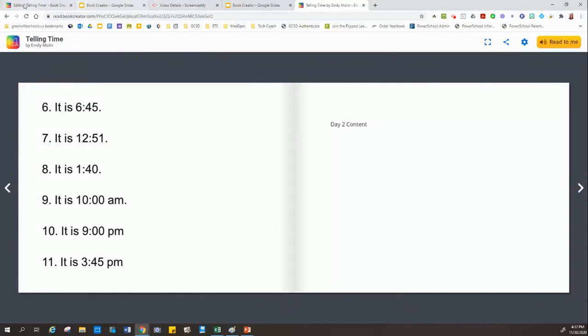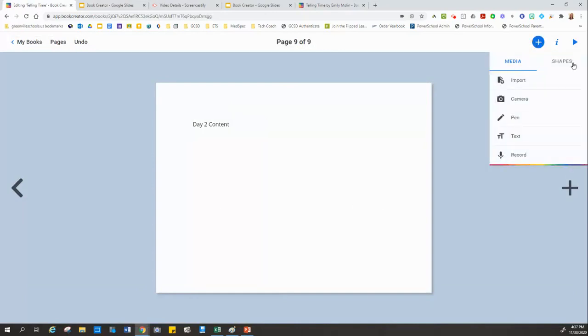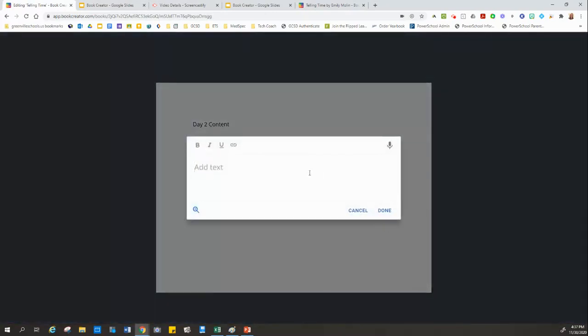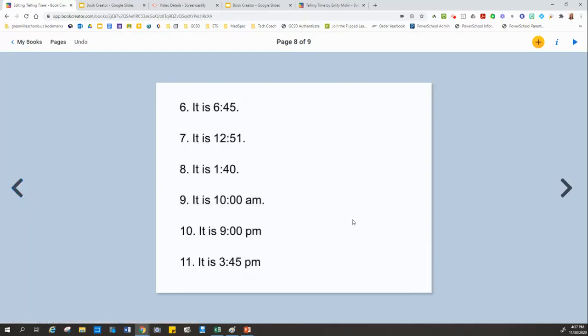You can add page numbers to your different pages very easily by inserting text. So therefore, you could guide students. It'd be a very organized way to guide them to what different pages that they should be on for that day. Of course, Google Slides does a very similar service for you